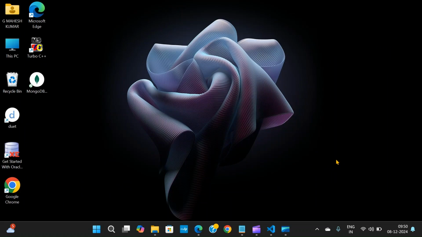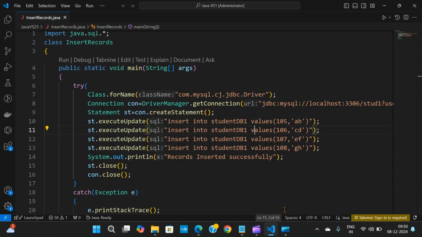Today I'll show you the process of setting the class path of MySQL Driver in order to connect to the MySQL database. So first I'll show the application. Now this is the JDBC application for inserting records into a table called student DB1, which is already existing in